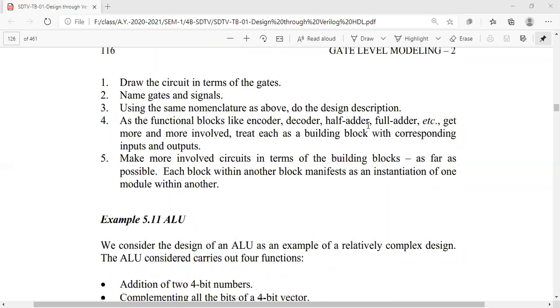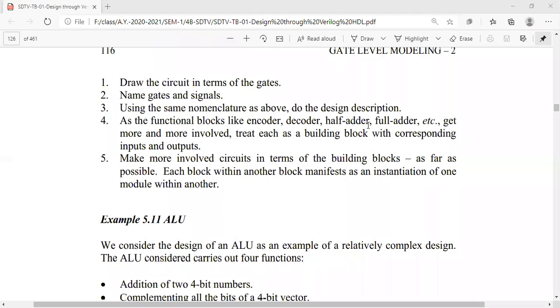With the same nomenclature, do the design description. What is this design description? Design description is nothing but you write your module. You have to write a module for it.